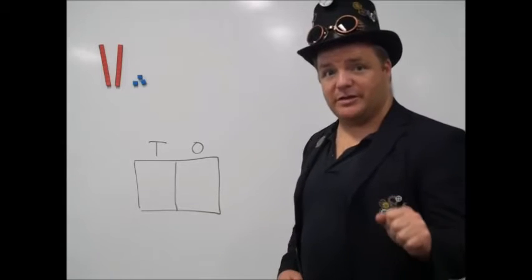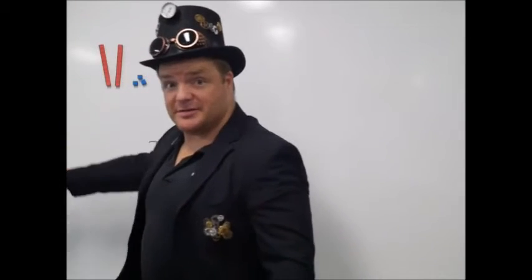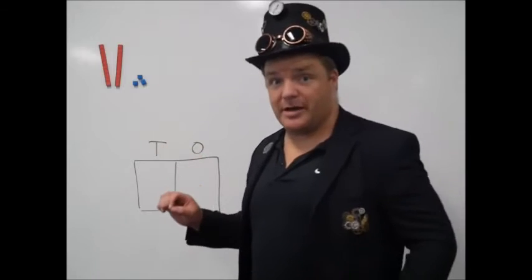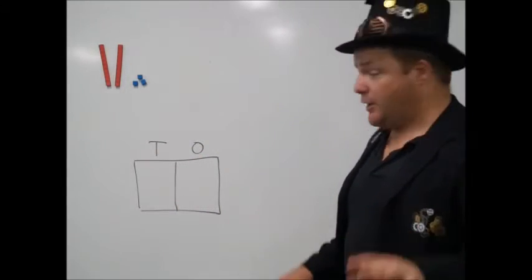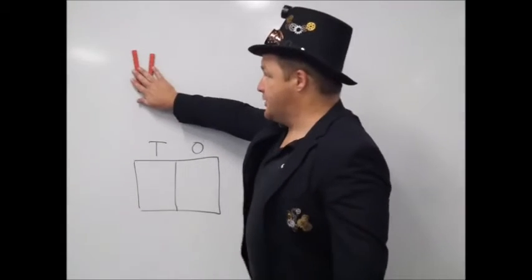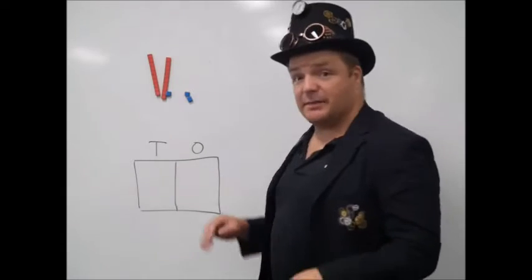In place value, we're looking at the relationship between ones, tens, hundreds, thousands, tens of thousands, up to any place value. That is what we're talking about. Now, to start with today, we're going to be looking at ones and tens, and we're going to be using base 10 blocks to do this. So initially when you start doing anything to do with place value, you'll be using things like base 10 blocks